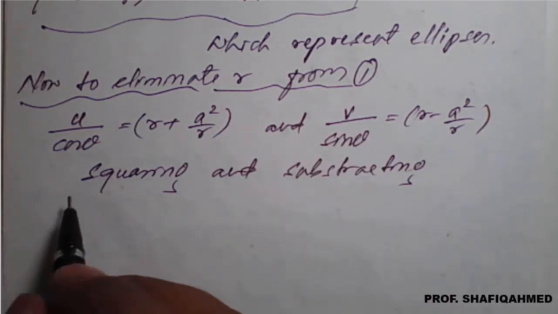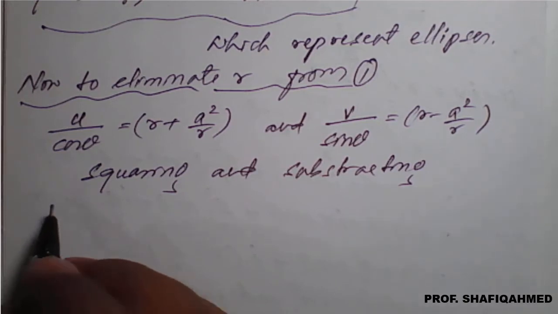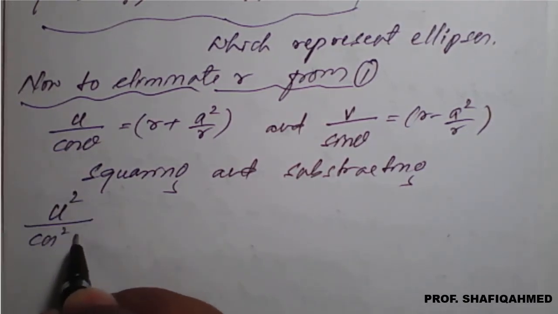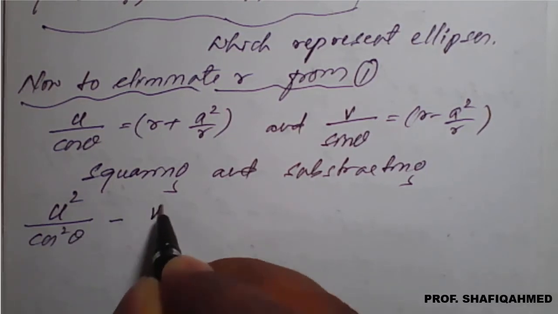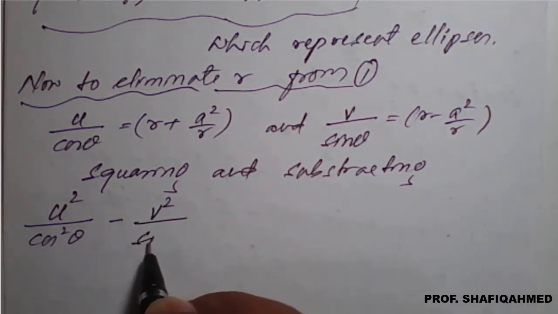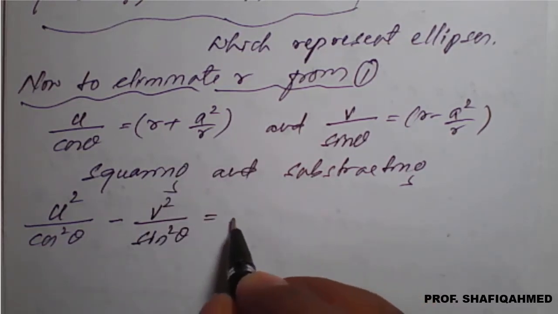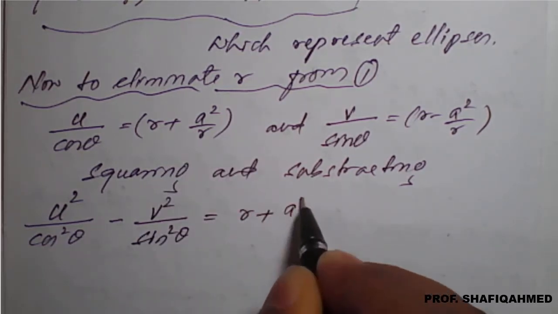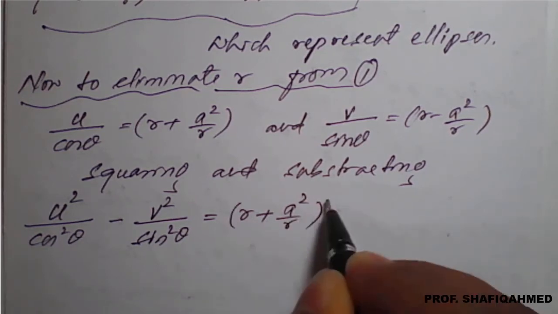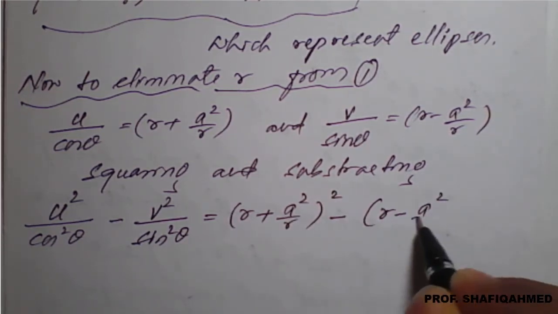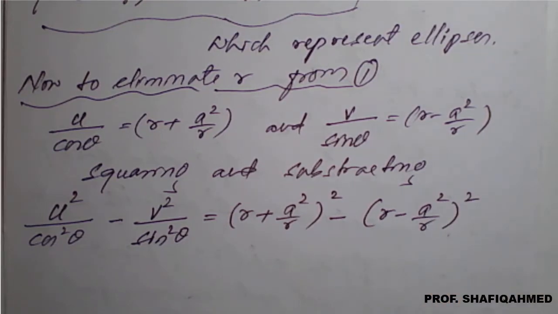First the left hand side will square and subtract, it will become u square divided by cos square theta minus v square divided by sin square theta is equal to, squaring of this, (r plus a square upon r) whole square minus (r minus a square upon r) whole square,